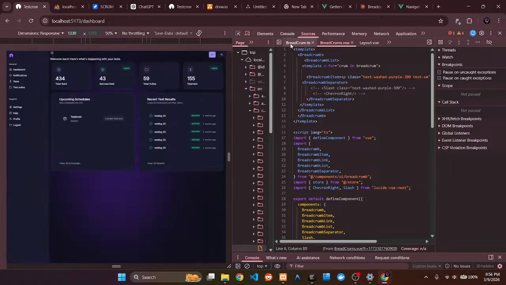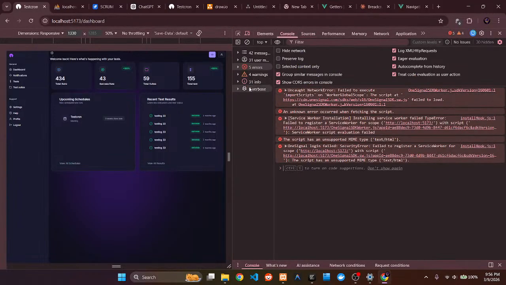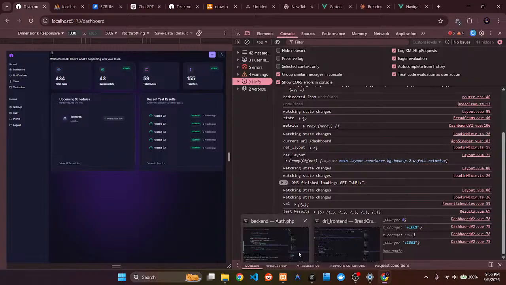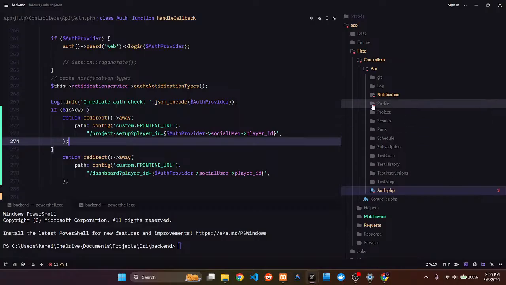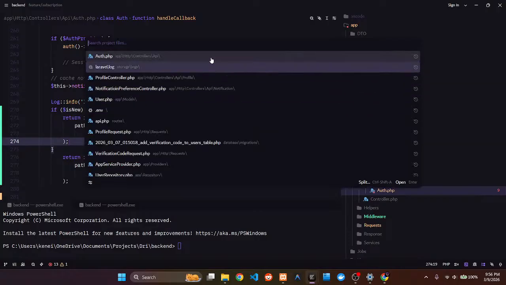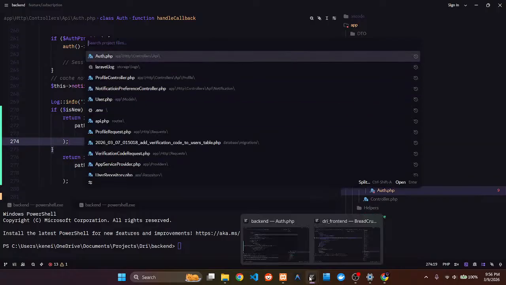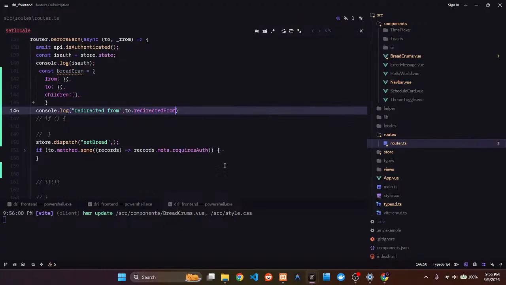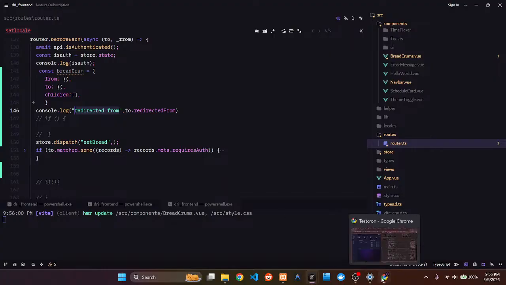Okay, I don't care about the design. Crap, I even forgot what I came here for. So I wanted to see something about over here. Should not run. Save the router. Okay, I'm looking for redirected from because the breadcrumb is meant